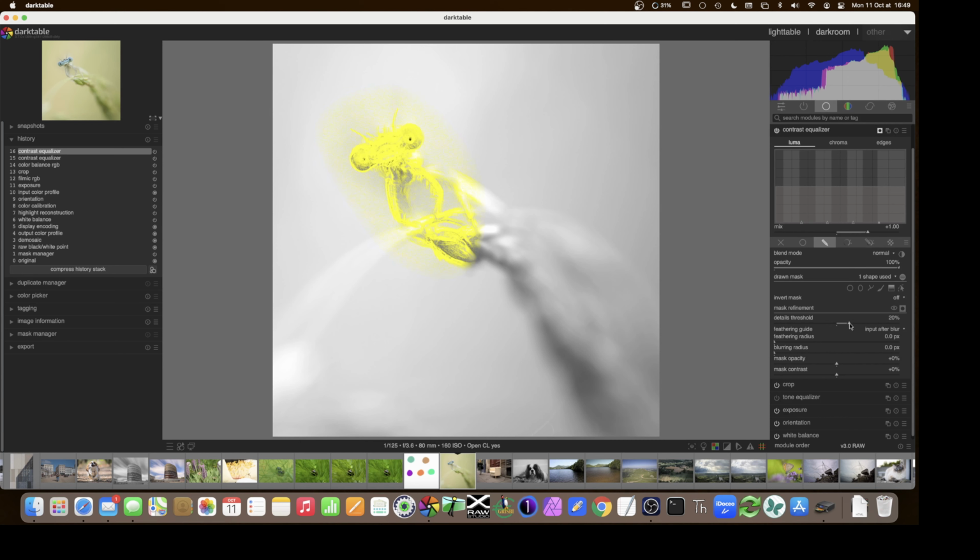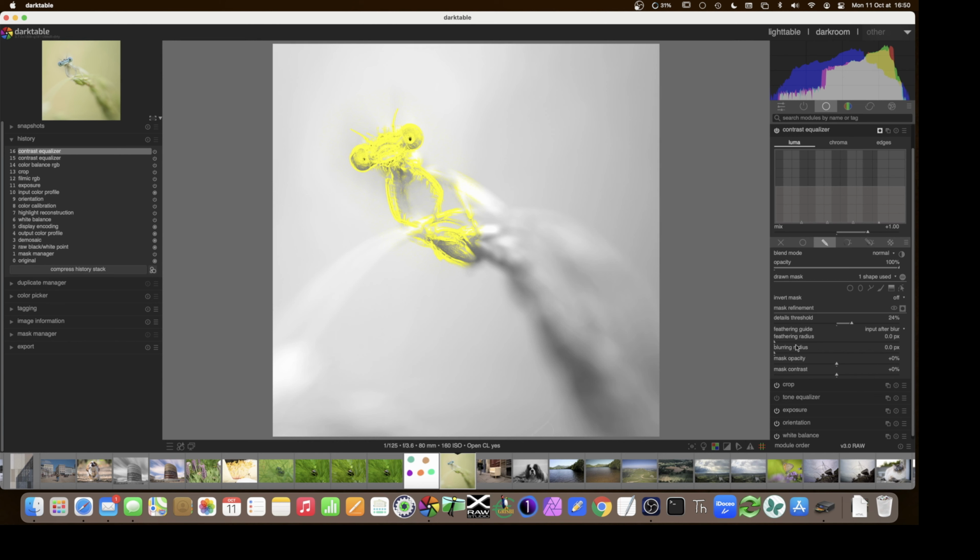You'll see that the background is being removed, and the inside of the damselfly, where there are details, so in the front legs, the eyes, the head, a little bit on the leaf here, have been selected. So that is a good selection for me. I never leave a mask where it is too sharp, because I'm afraid I'll get artifacts, because the effect will only be applied where there's yellow and not where it's